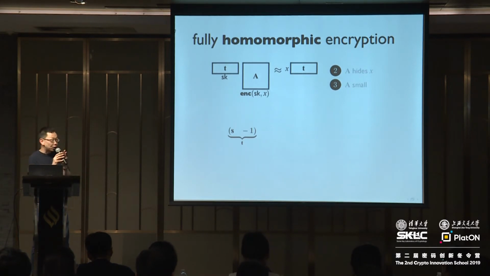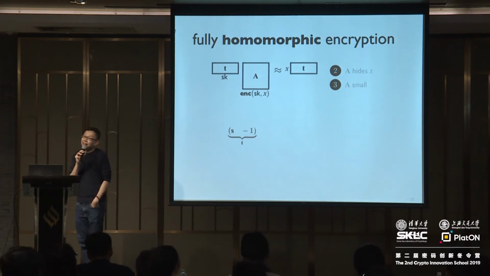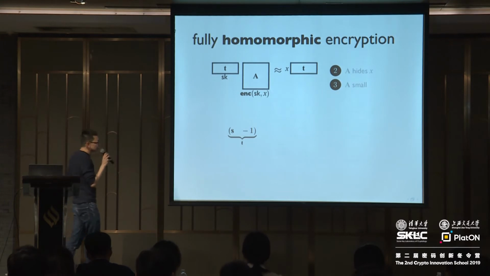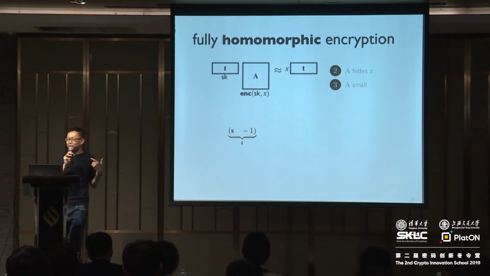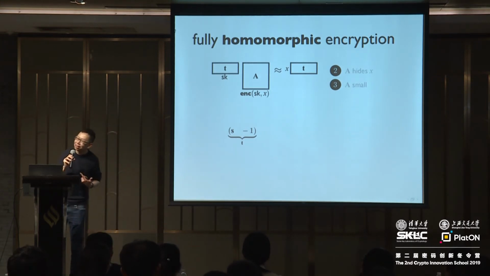Our secret key is still going to be a row vector, except instead of being a uniformly random vector, it's going to be a uniformly random vector with the constraint that the last coordinate is -1. I call the first part, the uniformly random part, S, and this should remind you of the LWE secret. So the vector S here corresponds to the LWE secret when we reduce the security of our encryption scheme to the LWE assumption.